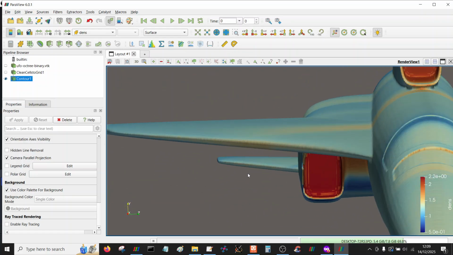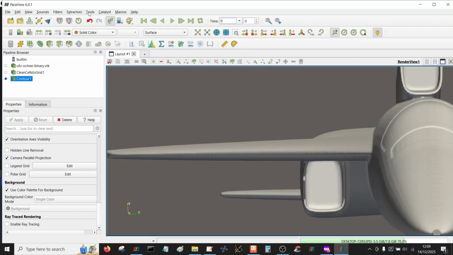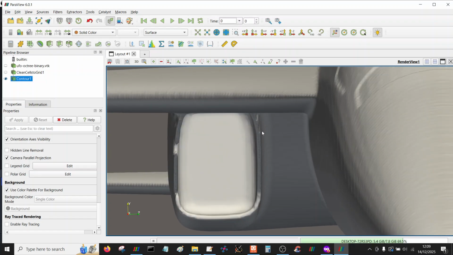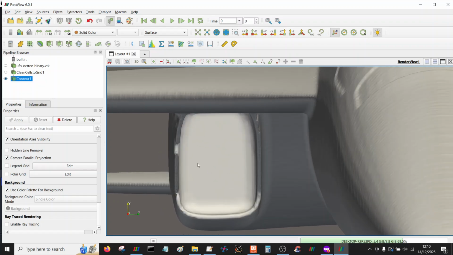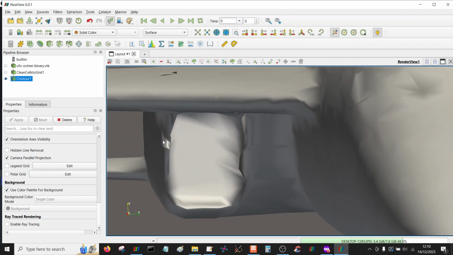and the reason why that is, if I just change the colour, is because the surface is quite thin, or rather the intake geometry here has a certain thickness, which is, I think from memory, about 2 centimeters, and one side of the intake is a little bit thinner than the other. And so when I've generated a flow solution,